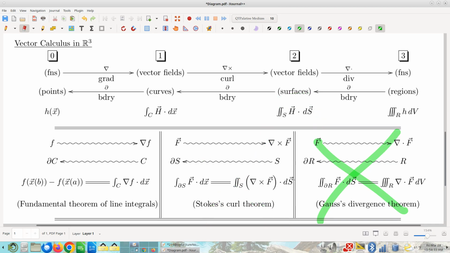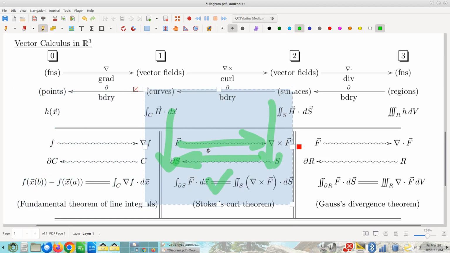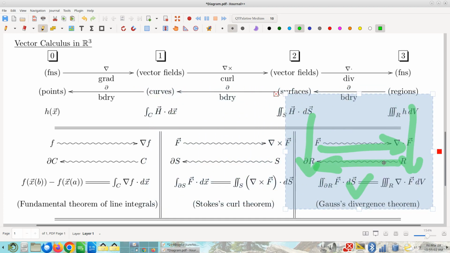Okay? But just as a preview, just so you know what's coming, this diagram where I take the fundamental theorem of line integrals and interpret it as a little diagram chase like so. The exact same diagram chase works for what we are soon to discover as Stokes' curl theorem. And furthermore, the exact same diagram chase also works for what we're going to soon see as Gauss's divergence theorem. So this is not